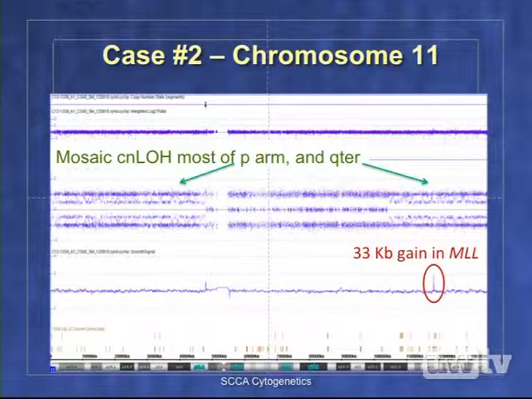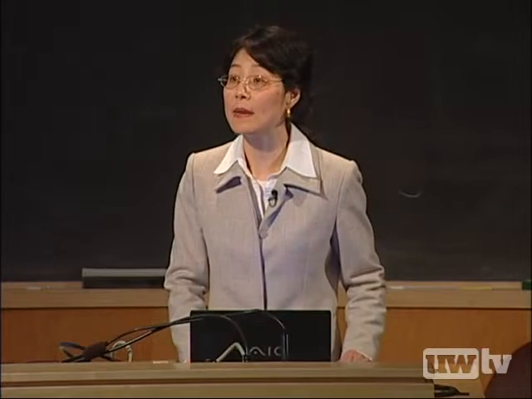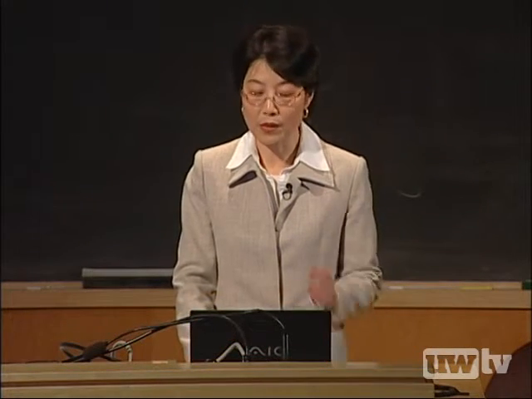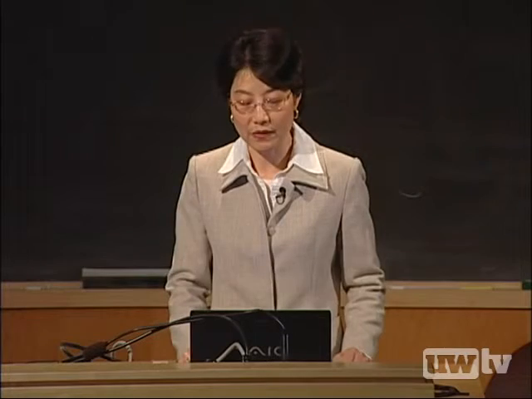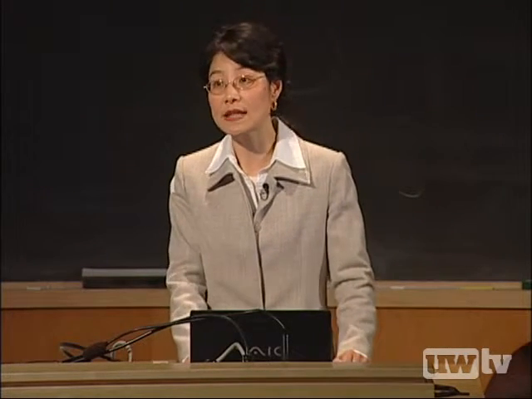And we also see on the long arm of chromosome 11, this common, well-known gene, multiple lineage leukemia gene, MLL gene, showed a very sharp peak of gain of 33 kb. So suggesting a partial tandem duplication of the MLL gene, which has been reported in the literature associated with AML with poor prognosis. I wanted to tell you how copy-neutral loss of heterozygosity was